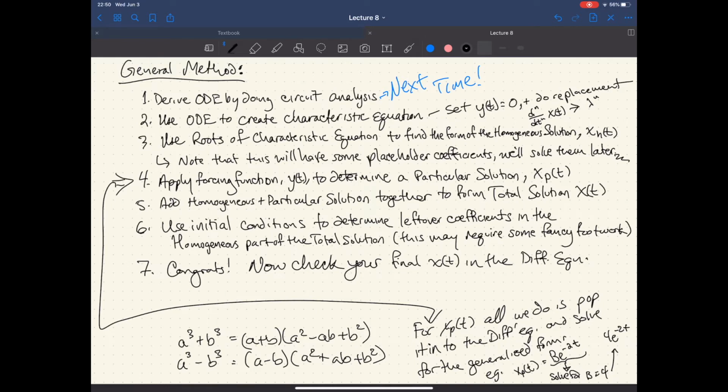That's it. It's really pretty straightforward to get the particular solution once you know what you're looking for, once you have that right form figured out. But sometimes it's really tricky getting that right form. I think most of the stuff we deal with is pretty easy, though. Okay, so again, we just add everything together. We get that total solution. Then we use our initial conditions at the very end. At the end. Not right after we get the homogeneous solution, at the end.